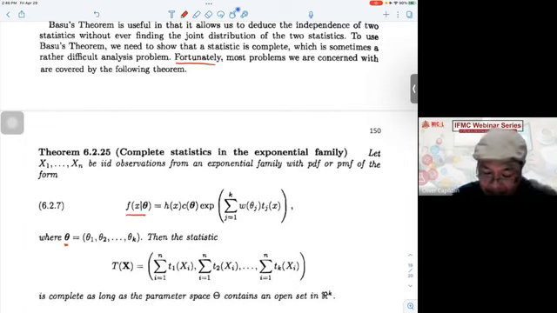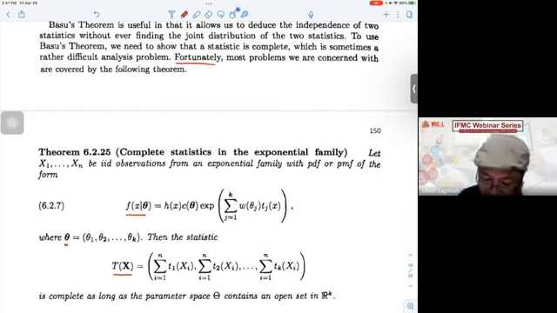Then this is our statistic. In this case, our statistic is a vector of statistics. These are the components of our vector of statistics: the summation of t sub 1 of x sub i from 1 up to n, the summation of t sub 2 of x sub i from 1 up to n, up to t sub k, i from 1 up to n, is complete. So this statistic is complete as long as the parameter space